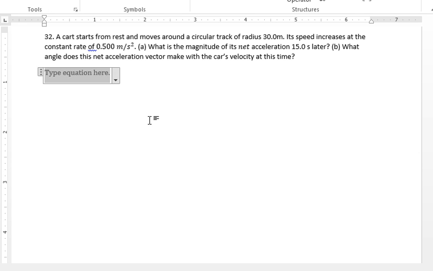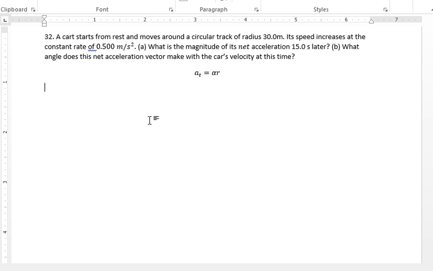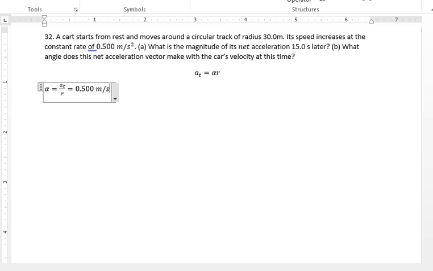All right, so alpha equals a tangential divided by r. Right, so we got our tangential acceleration, and let me back up and rephrase that. The tangential acceleration, which is what we have, the 0.5 meters per second squared, is alpha times r. I didn't need the other way around. And so we're looking for alpha equals a tangential over r, which is 0.50 meters per second squared